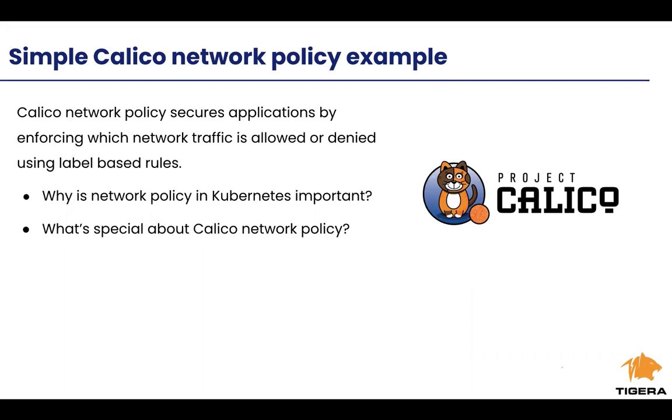And what's special about Calico network policy? Calico network policy is a superset of Kubernetes network policy. It allows you to control not just inbound access, but also outbound access. It does so using labels that are applied to the pods, the endpoints, but also namespaces and service accounts. It allows you to control UDP, ICMP, TCP, and some other streaming protocols. In the enterprise product, you can even use DNS names for egress access. So there's a lot of